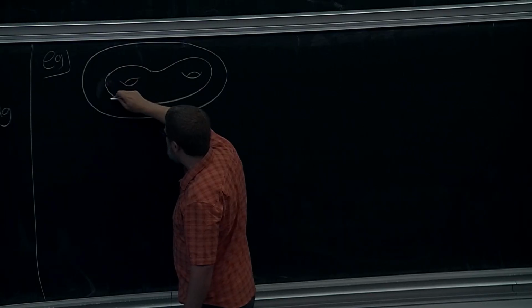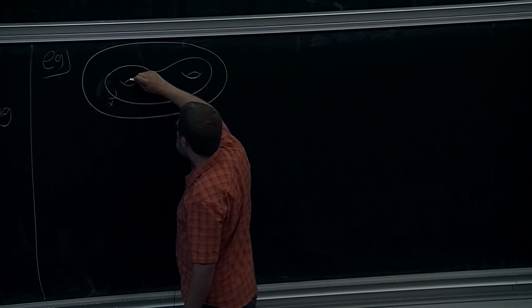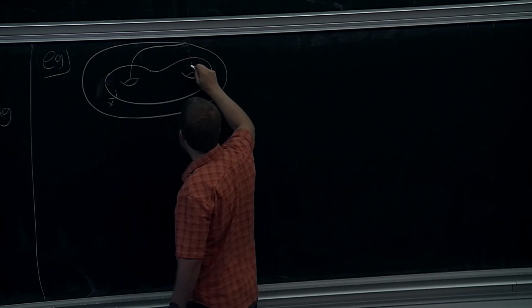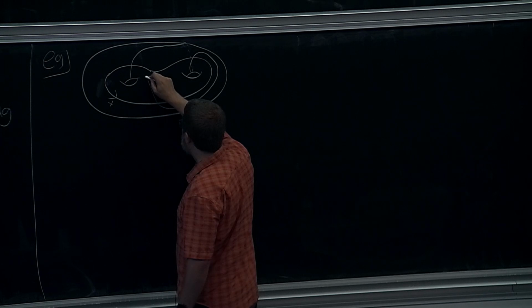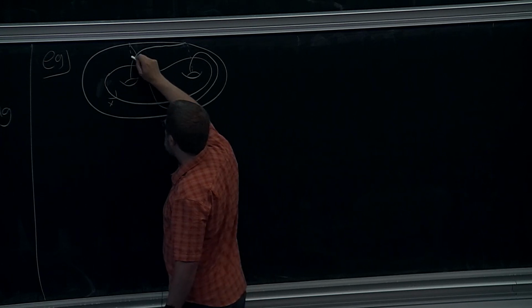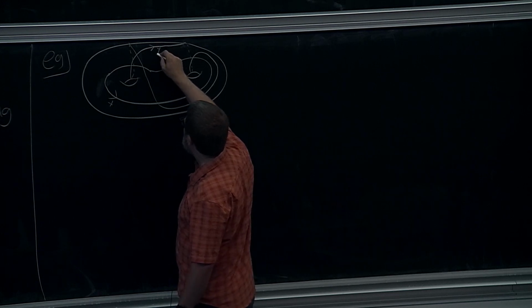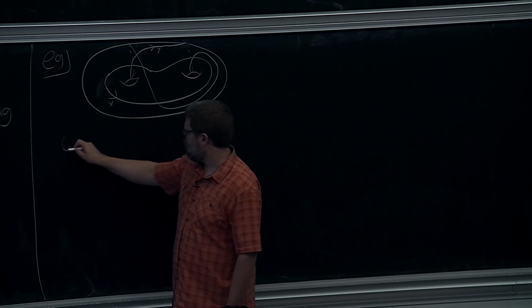And then let's say that, so we're going to go up there. Say that with that orientation is Y. So what is, I should use different colors. What's omega